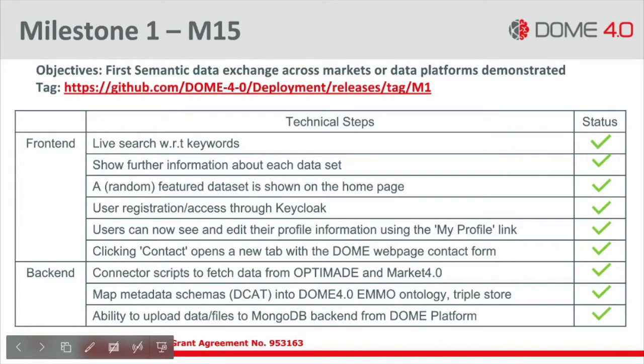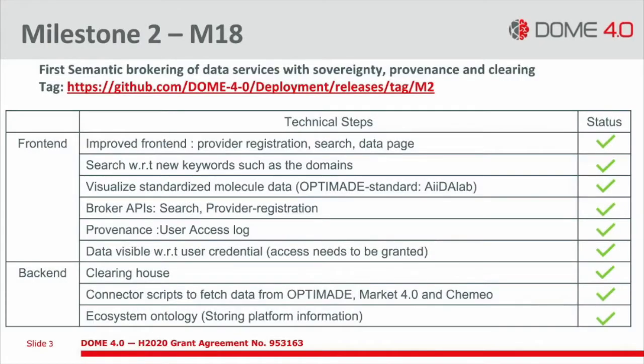Let's move on to milestone 2. The objective of milestone 2 is to achieve the first semantic brokering of data services with sovereignty, provenance, and clearing. To achieve these goals, additional features have been added, such as provider registration and new pages for searching the data. Advanced platform search filters have also been added to DOM to improve the user experience and allow more accurate search